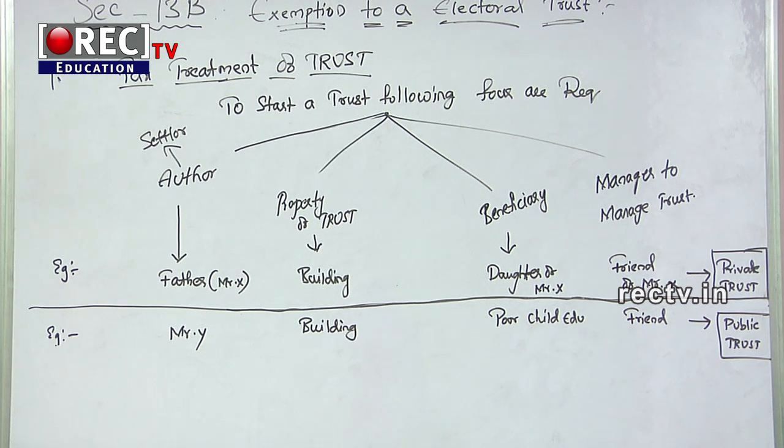Now let us take an example. If the application is made on 19th May 2014, the application has to be deposited on or before 13th November. Now, the Commissioner of Income Tax also has the power to revoke the registration, that means to cancel the registration of a trust. In a case, if the activities of the trust are not carried out as per the objectives of the trust, then the Commissioner of Income Tax can revoke the registration.